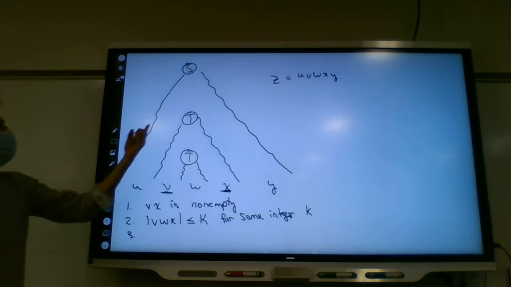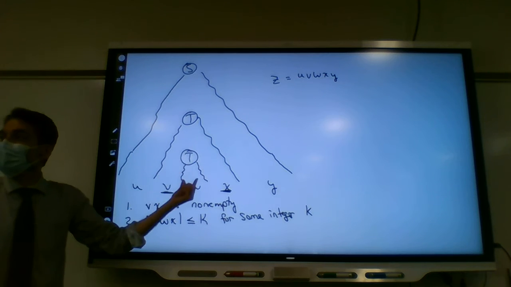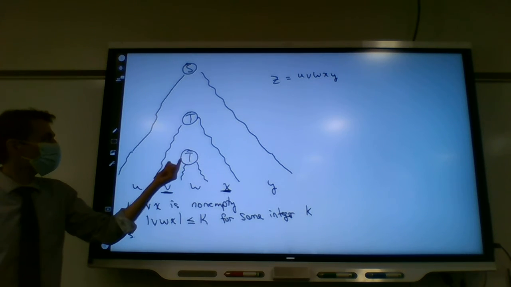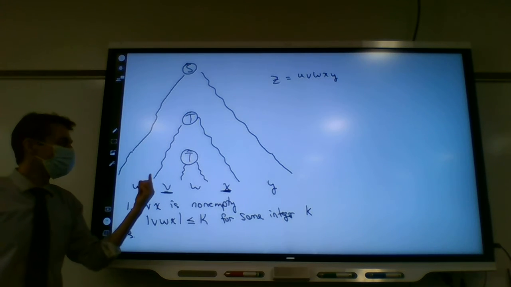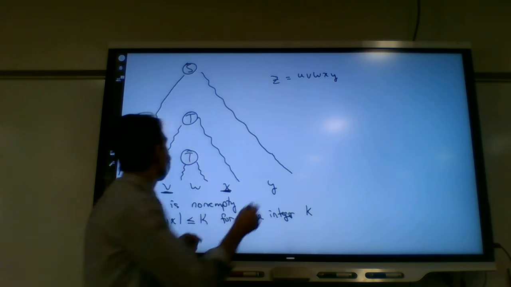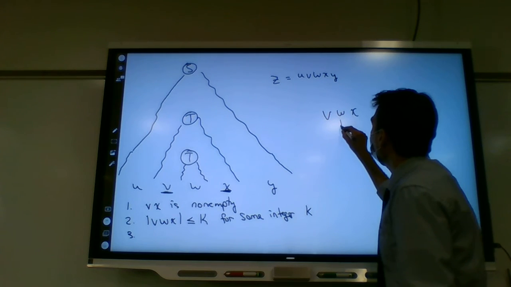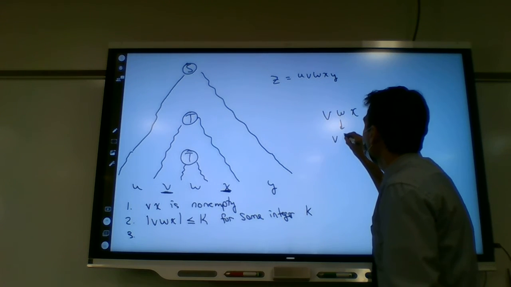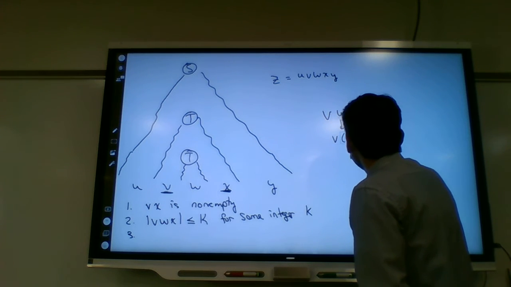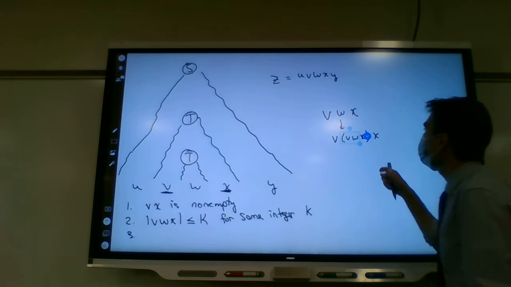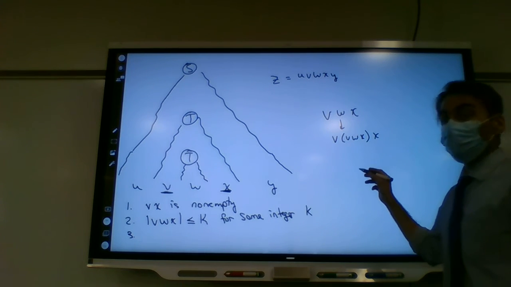What if instead of replacing t with w, I replace t with this thing again? I get another copy. I would have vwx, but the w I replace with vwx again. So it's squaring the v and x consistently every time.